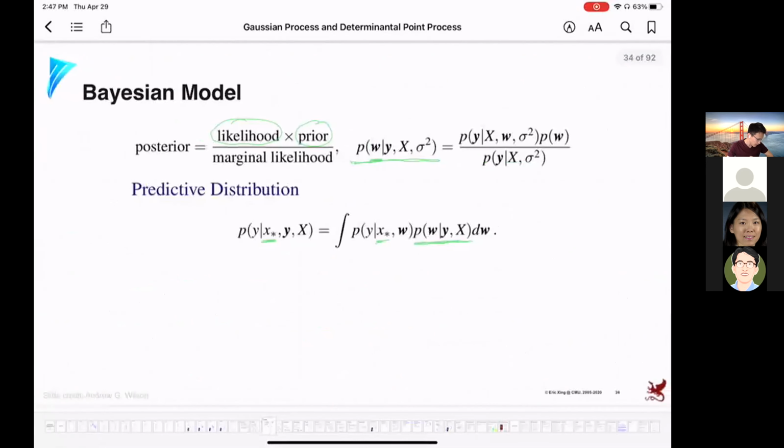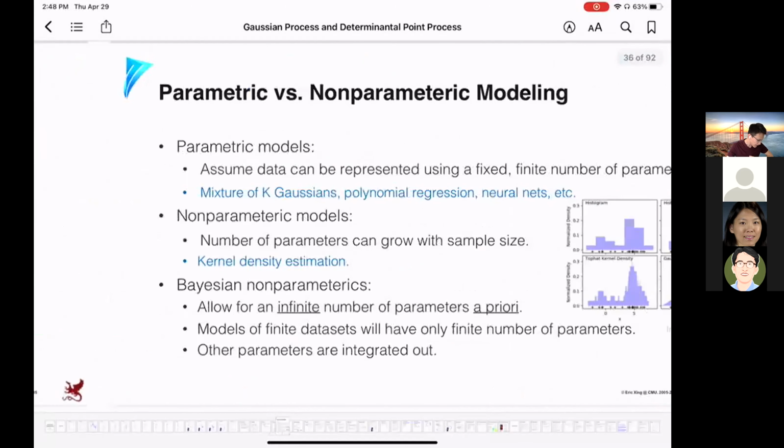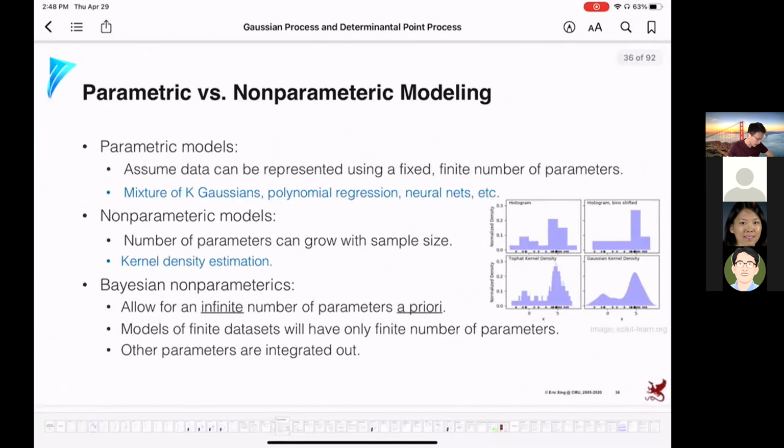We have introduced the Bayesian model that utilizes the posterior distribution. All these three, I think we are really familiar with. The next concept, maybe some of us are not that familiar with, so I would like to give more content here. That is parametric models versus non-parametric models. We introduce all of these concepts because Gaussian process requires us to understand this kind of concepts to fully understand